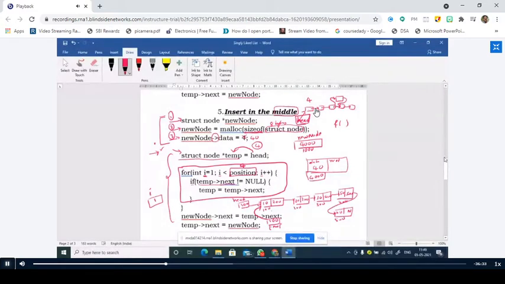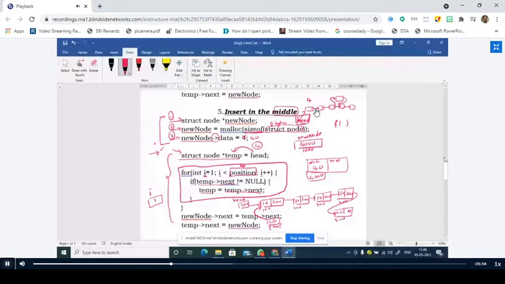Therefore, it will enter into the if block, and then it is just moving the temp to the next position. So temp is equal to temp next. So what happens to this temp value? Temp next. Initially, it is having 100. Is it right or not? Yes, sir. What is temp next? 200, sir. So 200 is assigned to temp. Therefore, instead of temp being 100, it becomes 200. Super. Right.